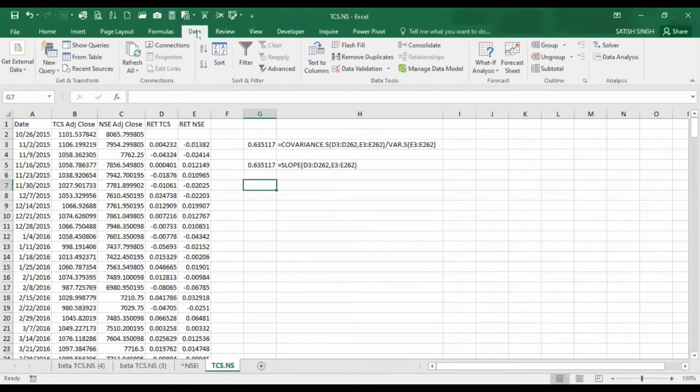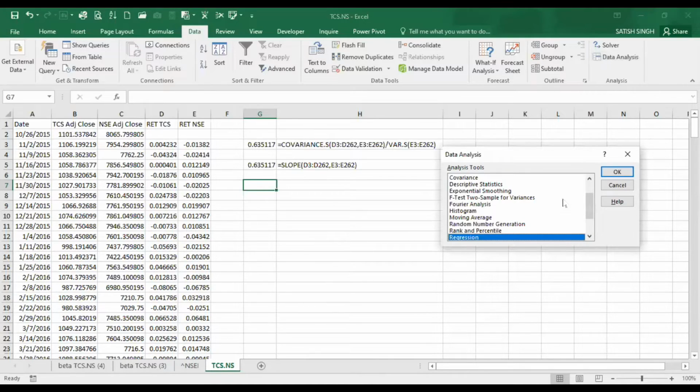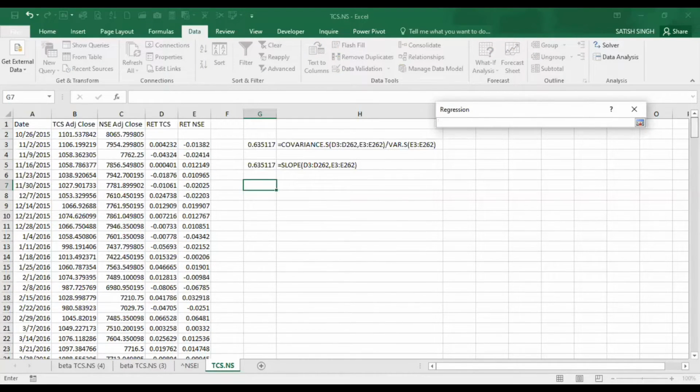And there is a third method. That is simple. We need to run a regression. Go to the data analysis tool, and how to activate it, you can watch my video, the link is there, and there you can see how to do so. And here regression is there, click it. So what is the data? This is the data that we have to take.